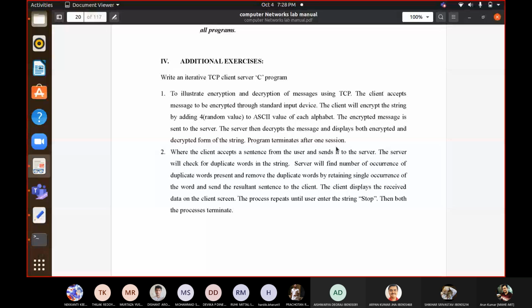The request would be that you write one string at the client side, asking what is today's date and time, and that string will go across to the server. The server will then return the current date and time, and at the client side you have to write that the current date and time is this. So that is the first question.